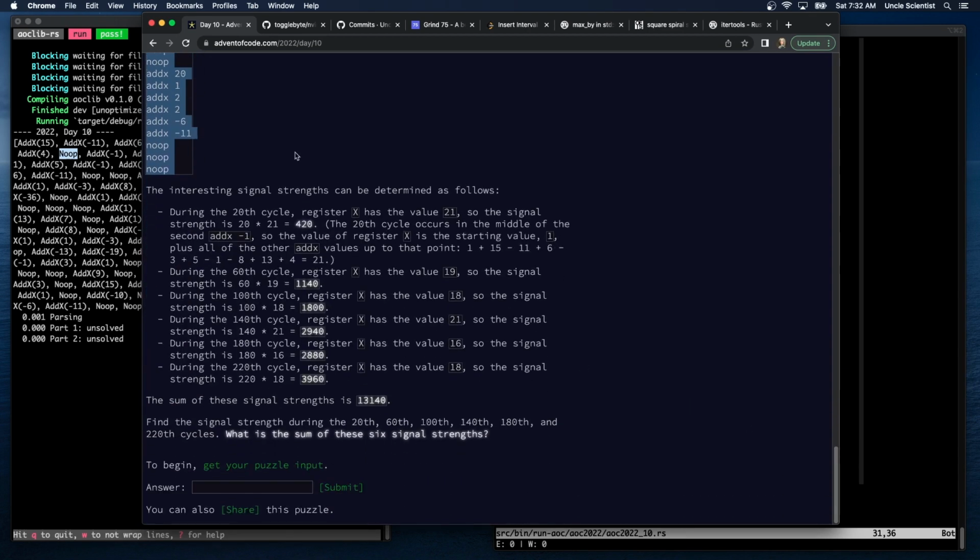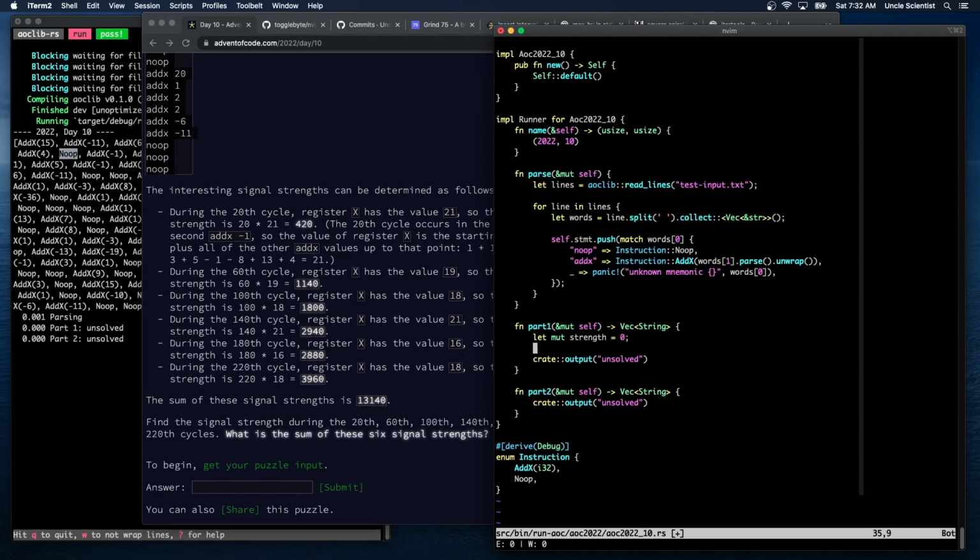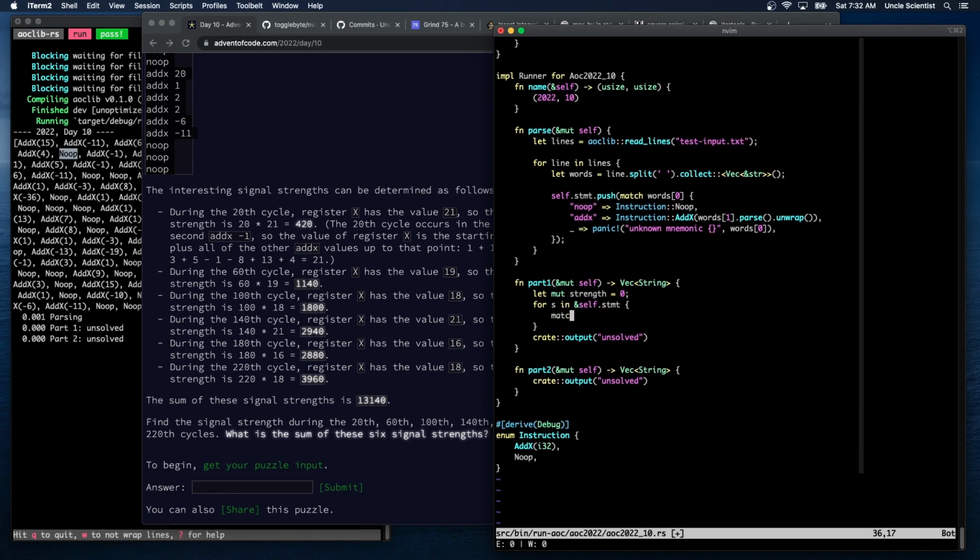So part 1 is going to be this here. So we're going to start at, I guess, what are we doing? Signal strengths. So let's create a variable called signal strength. Or just strength. Starting at 0, because it's a sum. And then we'll execute each instruction or statement. We'll say S in statement, match S. If it is a no op,